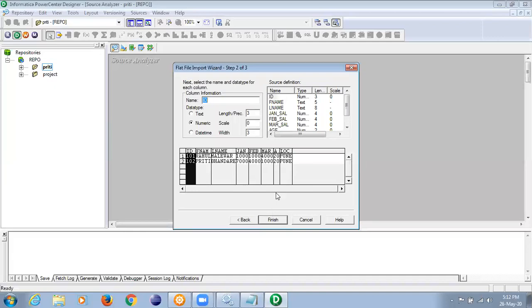Once I click on next, can you see it is showing me the preview? It shows the final preview of how your data will look. Can you see it has identified the size of the data and all those things? Did you see ID is 3 bytes, first name is 5 bytes, last name is 8 bytes. I'll keep on telling you about these henceforth. As of now, we will just proceed with the things. Clear? So we will learn more about all those things also.